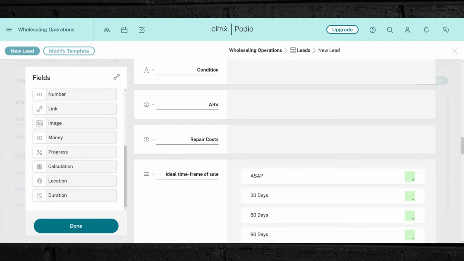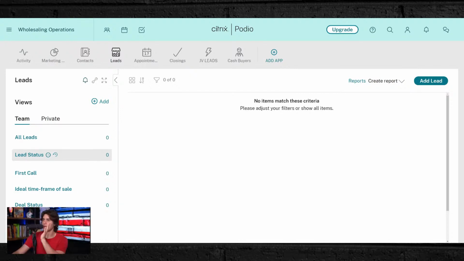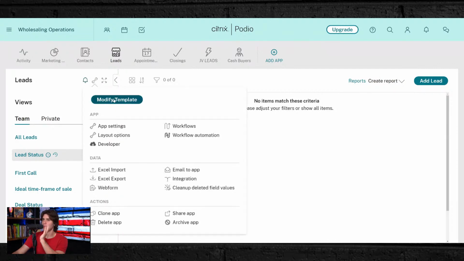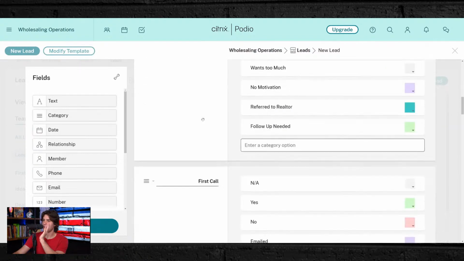So let me get out of here. We're going to click done right here, and now we're going to go back into it. All I did is click done. And then we're going to go back to the wrench, click the wrench, modify template, and now we're good. So we're going to go back up down here